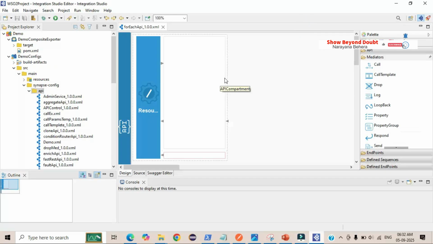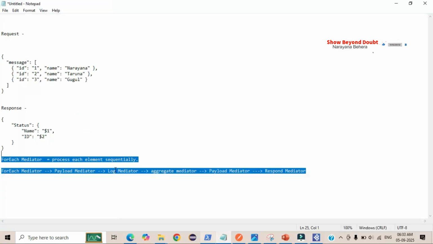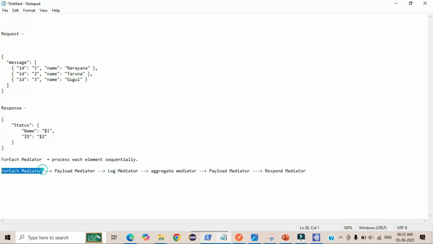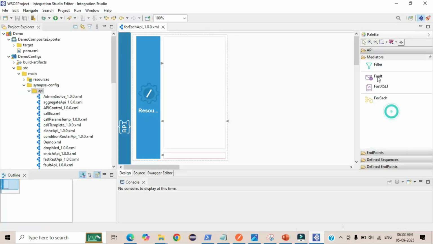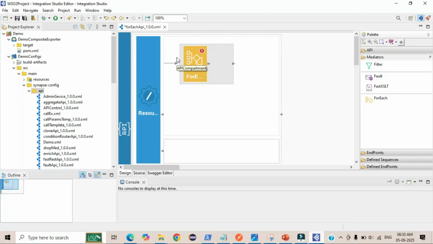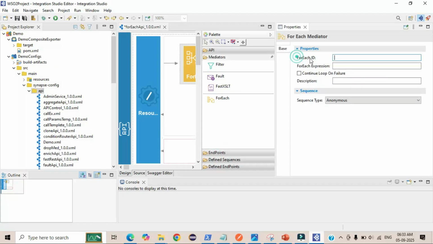So now we need to do what? As per our requirement analysis, we need to use the ForEach Mediator first. So let me go through Studio again. Let me drag and drop this ForEach Mediator here. So let's understand the overview of the ForEach Mediator. Right click this one, go through show property view. Here it is asking for ForEach ID, ForEach expression, continue loop on failure, description and sequence type. I'm giving ForEach API as the ID and the expression,